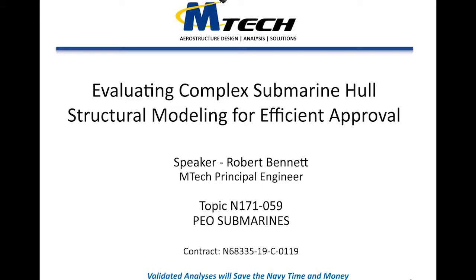Today I will show how application of MTEC's technology will increase submarine development efficiency through a more robust structural simulation planning and approval process. The savings impact is estimated to be several $1,000,000 per occurrence and will avoid delays to the structural approval process, which can be 8 to 10 months each. In addition, this technology will add confidence in the structural analysis solutions, which will lead to optimized submarine performance while